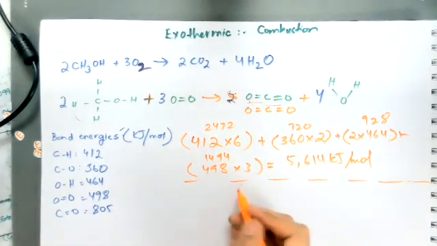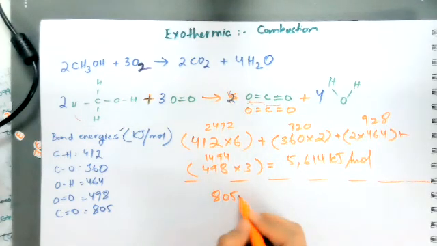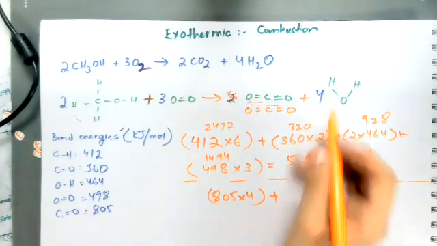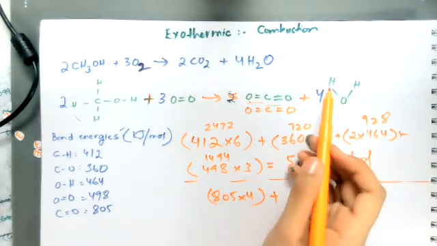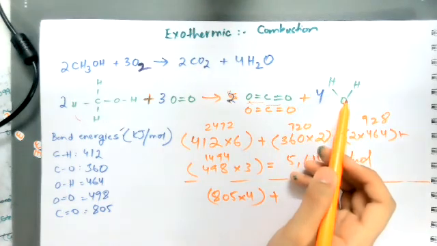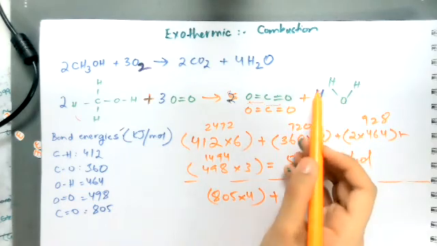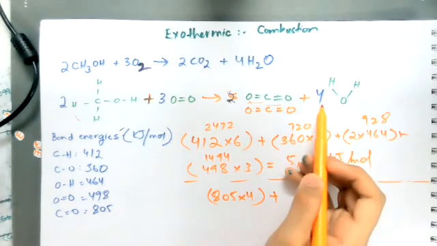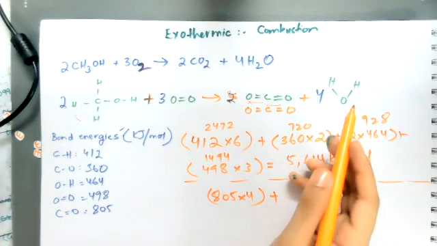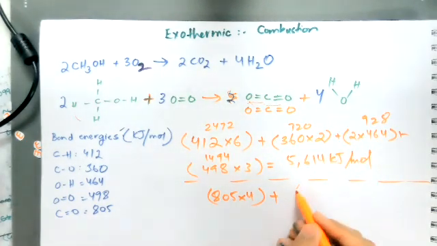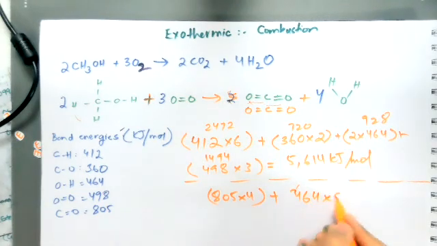So I'm going to write 805 multiplied by 4 and add that with, okay, the hydrogen and oxygen bond is 464, and I have 2 of them and then 4 over here. So I'm going to multiply it by 8. Okay, so I have 464 multiplied by 8,